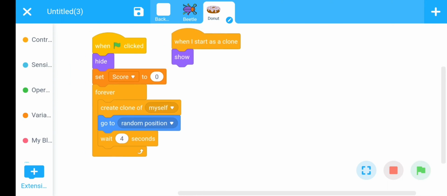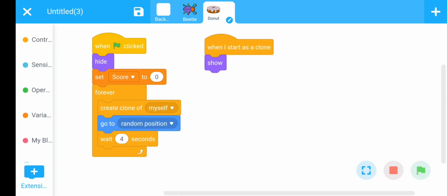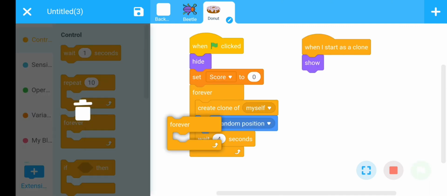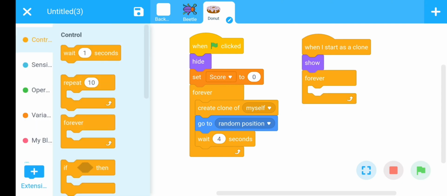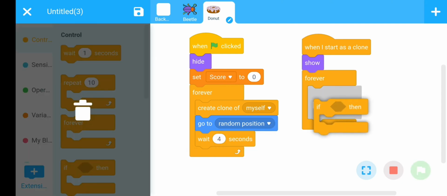Whenever beetle touch the donut, our score should be increased by 1. For this, use a forever loop here. Use if then.